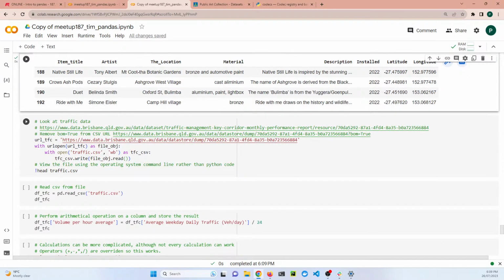I'm going to look at some traffic data now, and the reason I want some traffic data is I want some more numbers so that we can start doing some mathematics on the numbers, and there weren't a lot of numbers in our art data frame. So let's go off to our traffic management key corridor monthly performance report, and